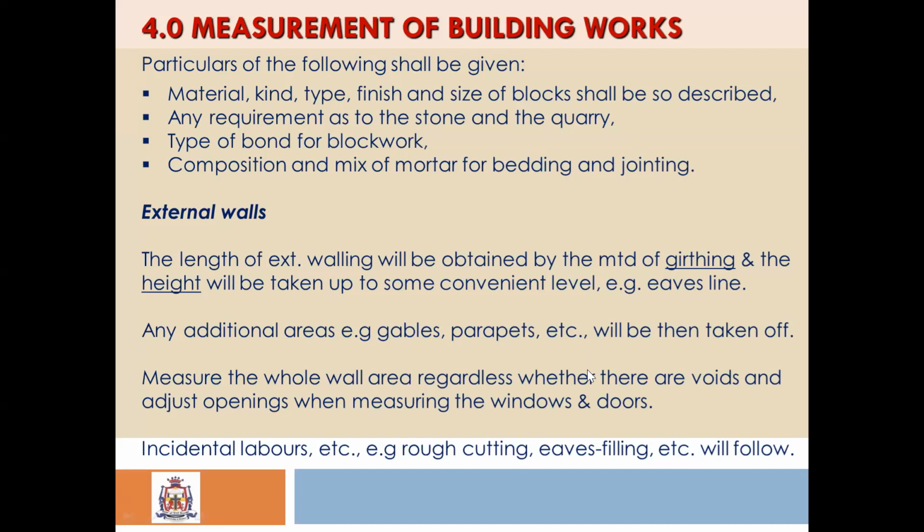You remember, it follows the perimeter, and then you deduct the centers. This is what we call the girthing procedure. And the height will be taken up to some convenient level. For example,